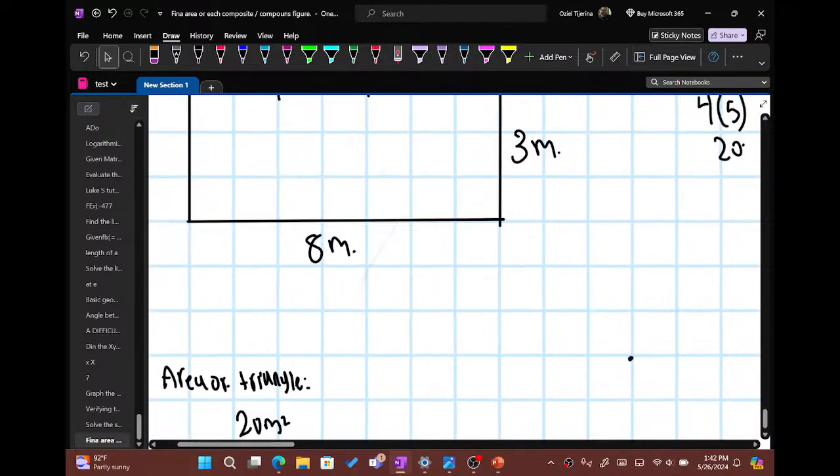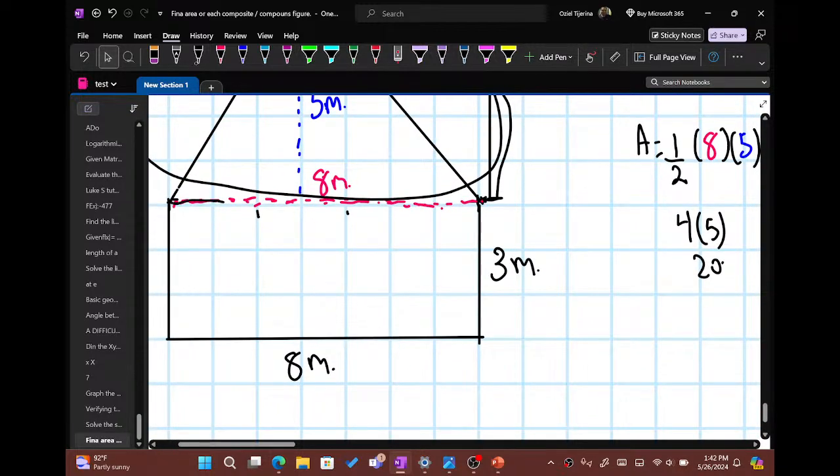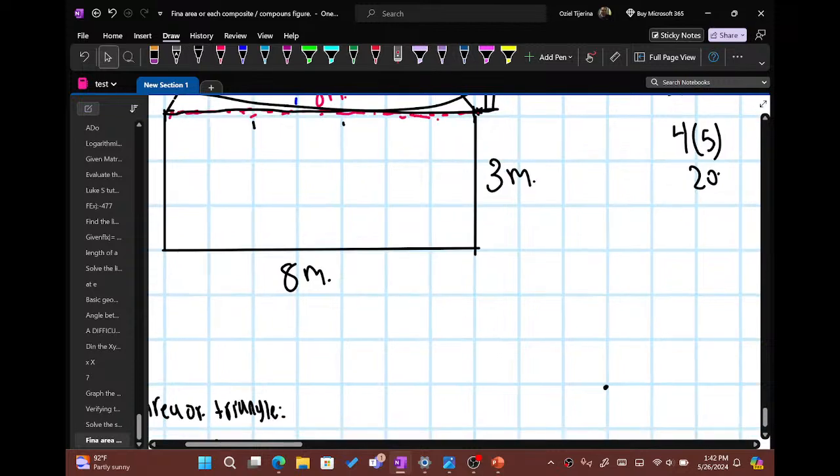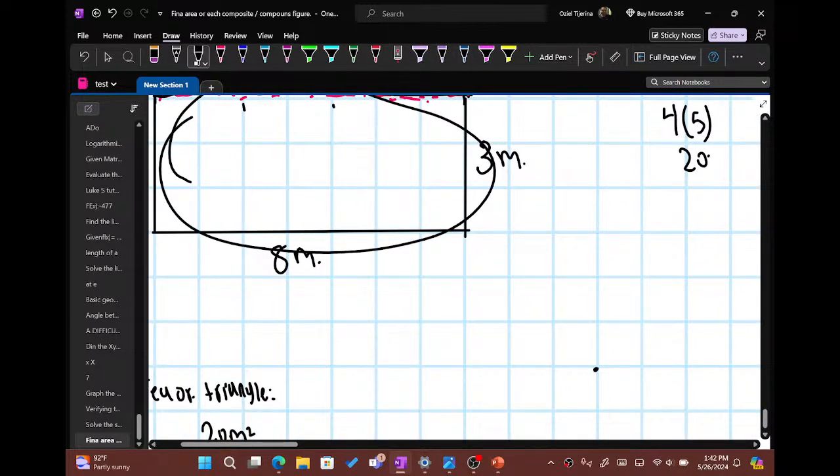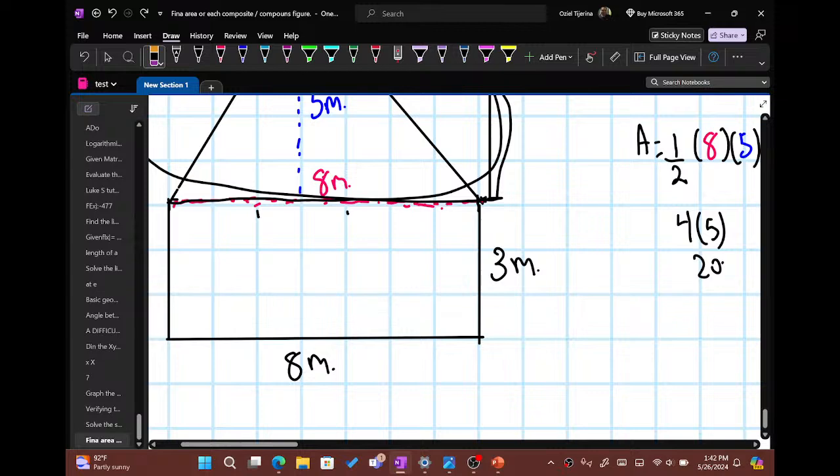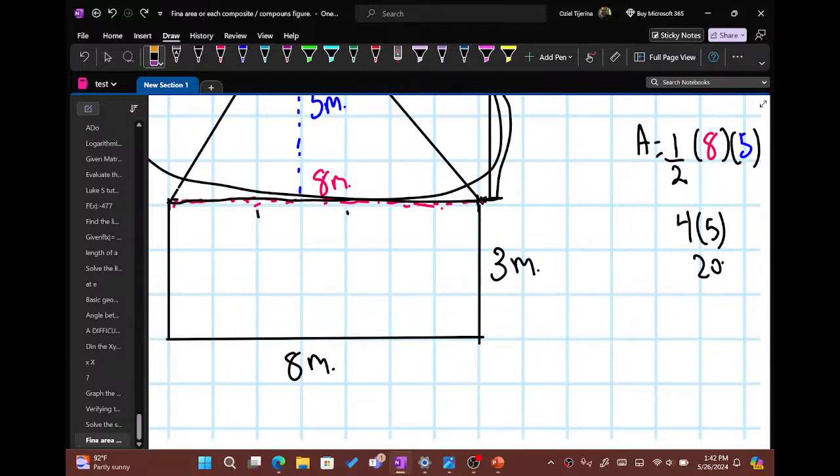Now, again, area of whole shape. And then let's just look at the area of this part here. We know that the area of the rectangle is going to be,